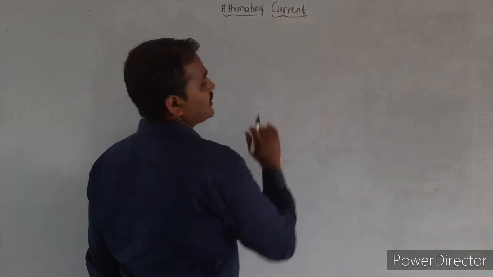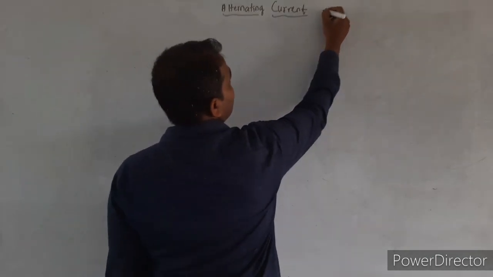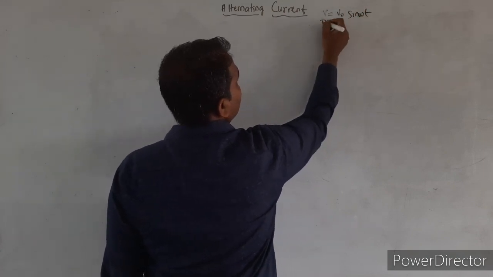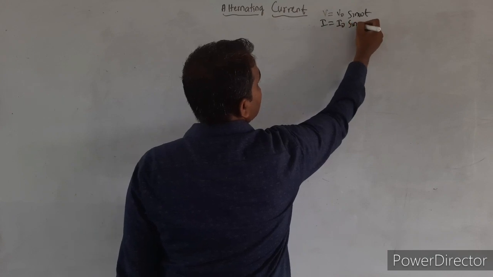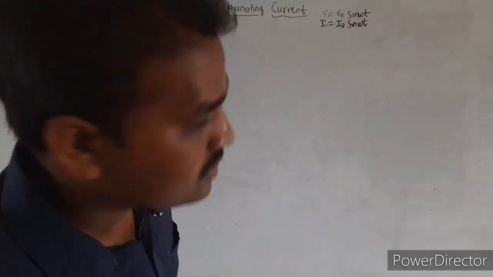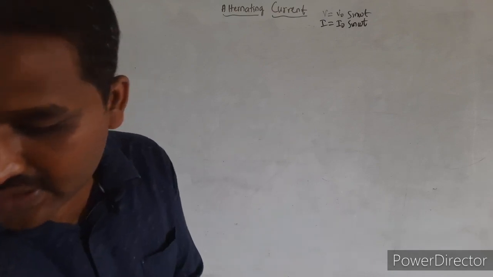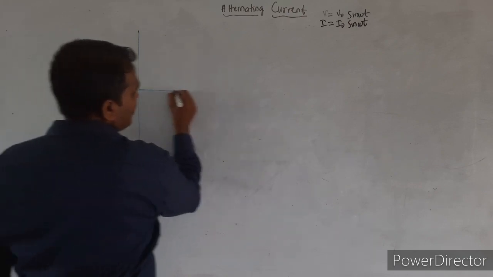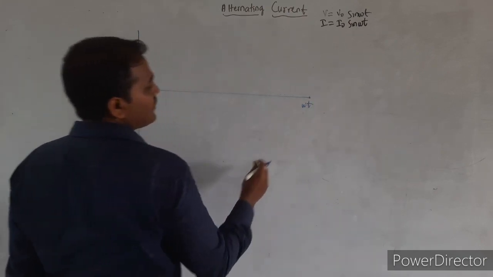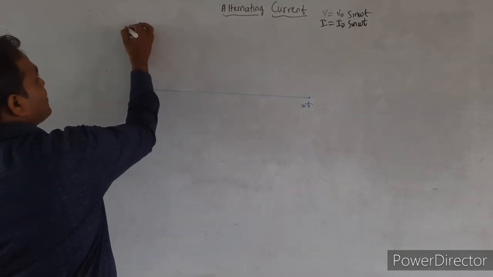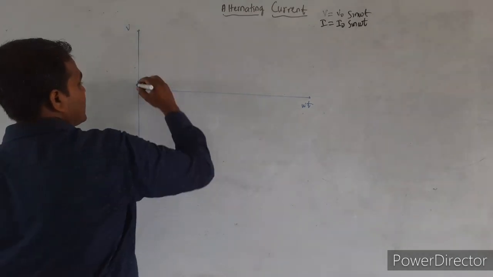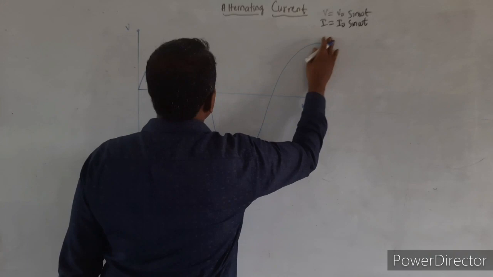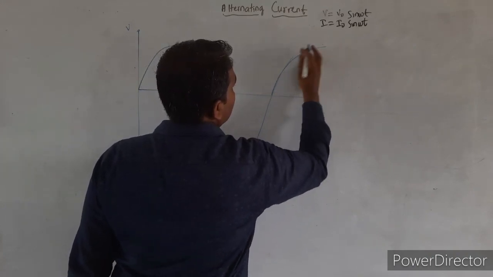So when I consider the pure resistor circuit, we have seen the equation for voltage: V is equal to V naught of sin omega t, and current is given by I is equal to I naught of sin omega t. So to understand the phasor diagram, first we shall consider the value of voltage here. Let me plot the graph of voltage. Along the x-axis I will represent the phase angle, along the y-axis let me represent the alternating voltage. The graph varies sinusoidally like this. Yes, so this is the variation of the graph with respect to time.